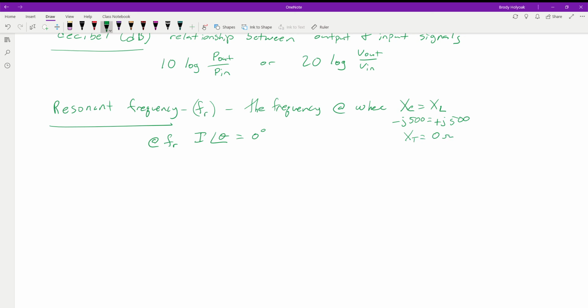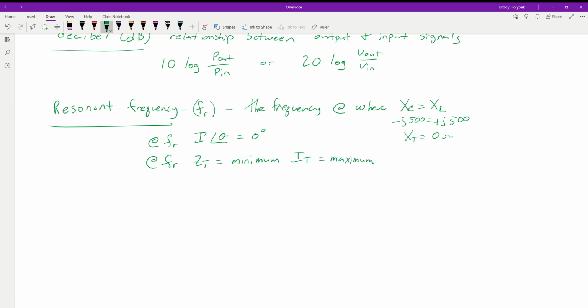But there is a little bit of amplification that goes on there. If you were to measure these individually, you'd see some crazy high voltages, but they're equal and opposite, so they completely cancel each other out and you're not going to see anything across them. That's one of the cool things. Also, at our resonant frequency, our total impedance is at a minimum. Remember the inverse relationship between impedance and current, so our current is going to be at a maximum.